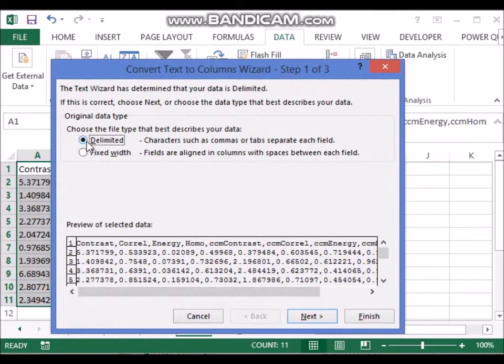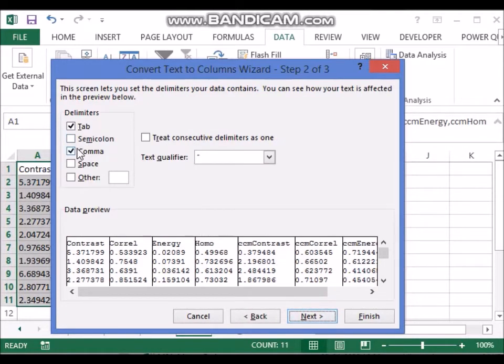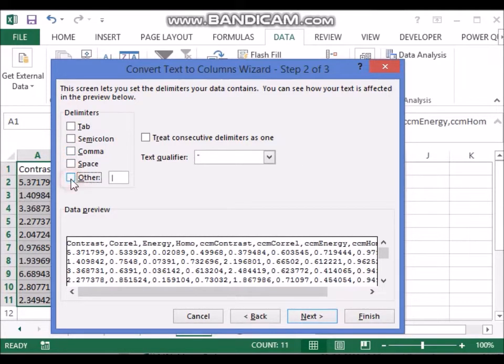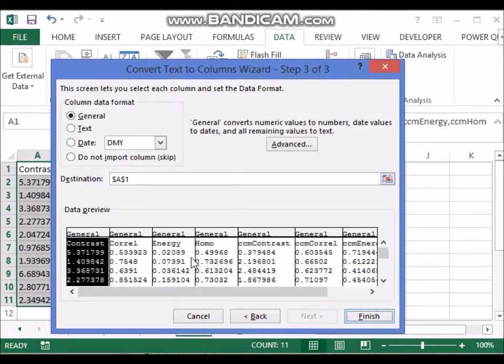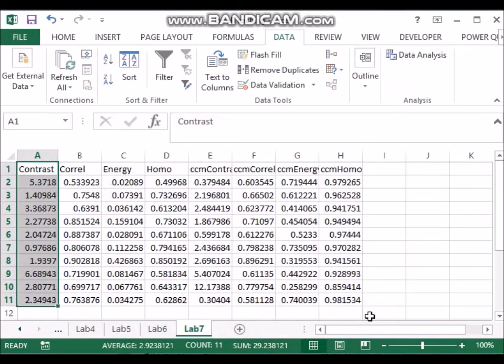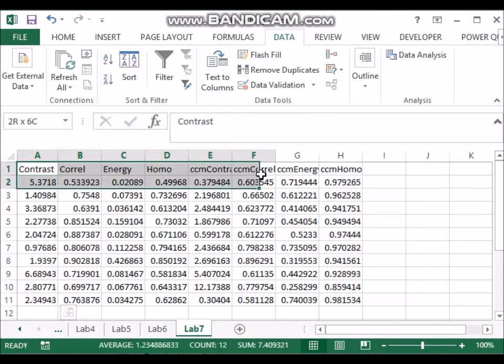I have an option to either make it delimited or fixed width. In our case, the characters are separated by comma, so it is delimited. Let's do next. And here comma could be selected or tab could be selected, semicolon, or we could give some other character. Let's say pipe is our separator. But as of now, we know the separator is a comma, and when we select it, we can see in the data preview it has already split the data into columns. Let's do next, and the column data is there. We can define the data type, but I'm going to click finish, and you can notice that we have separated the data